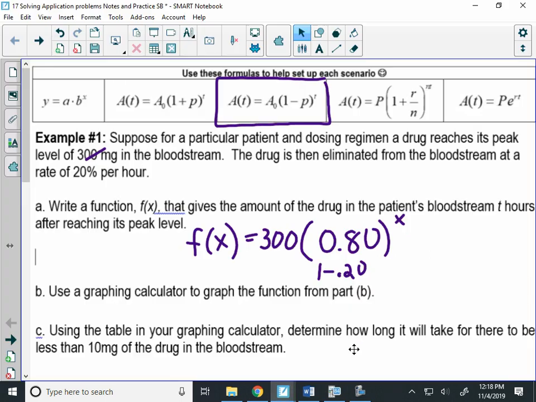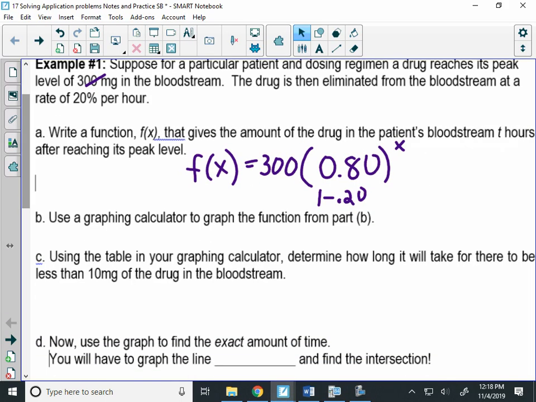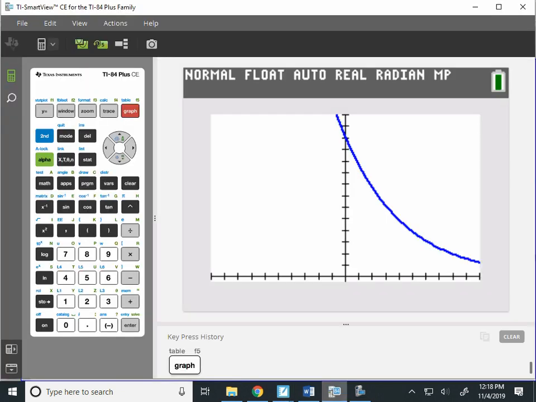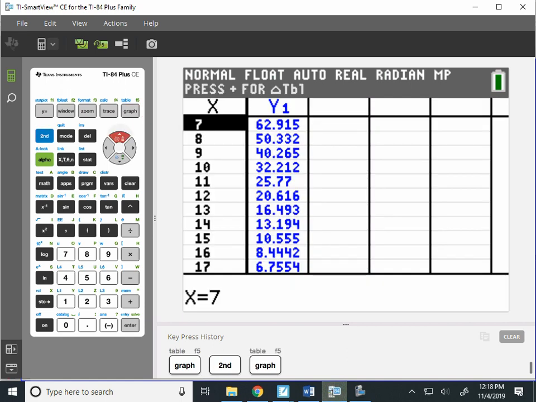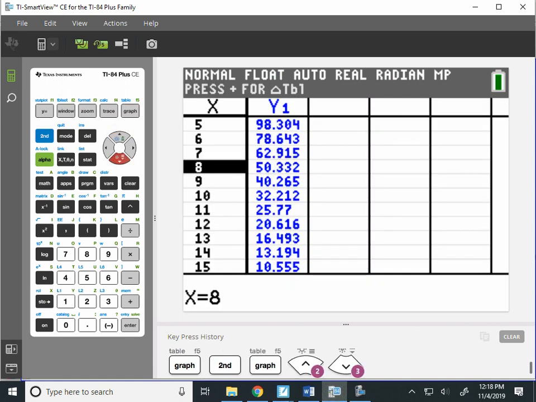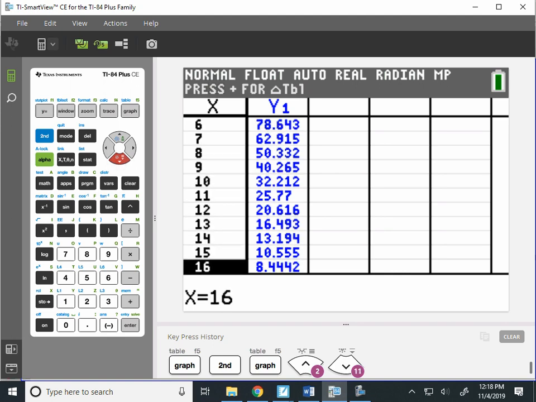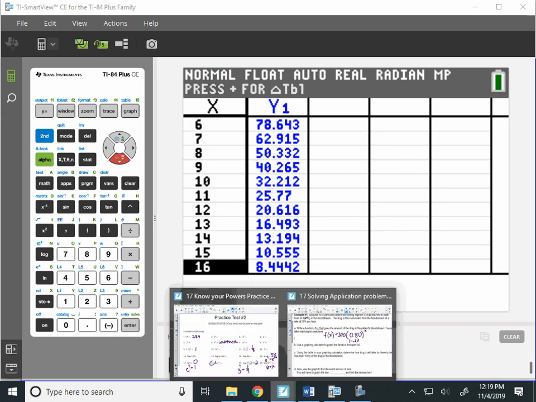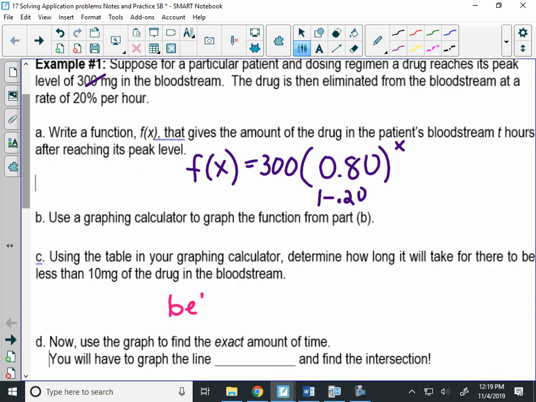Now it says use your graphing calculator, or use the table in your graphing calculator, to determine how long it will take for there to be less than 10 milligrams of medicine in your blood. Well, how do I use the graphing calculator table to find that value? Scroll down until the y's are less than 10. And between what two numbers does it get less than 10? Between 15 and 16. So this would take between 15 and 16 hours for most of that medicine to go away. So we'll say, okay, it's going to be between